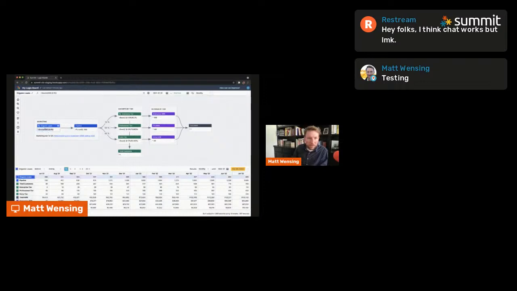I can obviously adjust that just by decreasing the volume of leads here. So if it's 200 per month instead of 300 per month, all I do is just change this leads number, and the model rebuilds. And so actually what's funny about that is I changed the number of leads, but this pipeline is actually a bottleneck right now. So this pipeline is basically saying that we're only working 100 of these leads per month that come in. So I'm going to increase that to 1,000 and say there is no bottleneck here in terms of